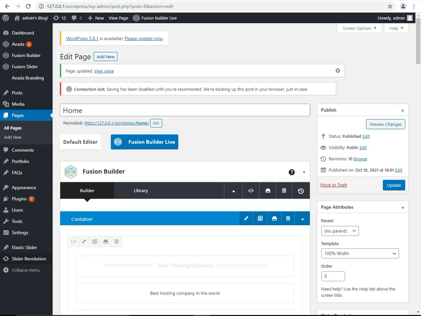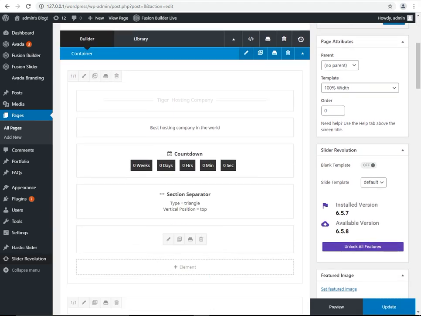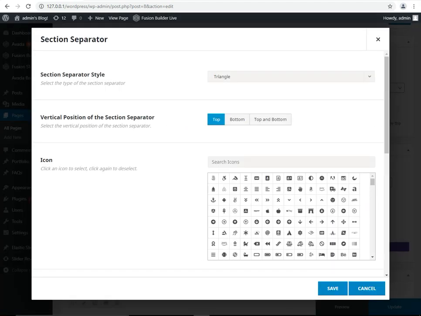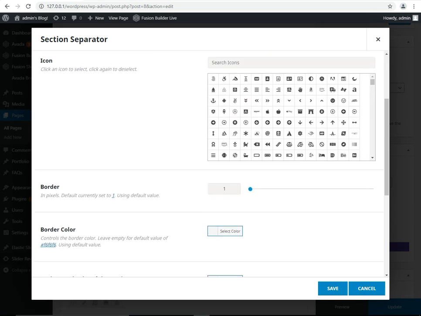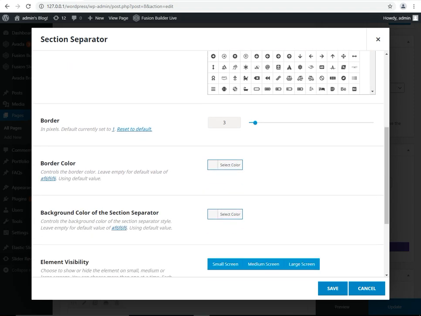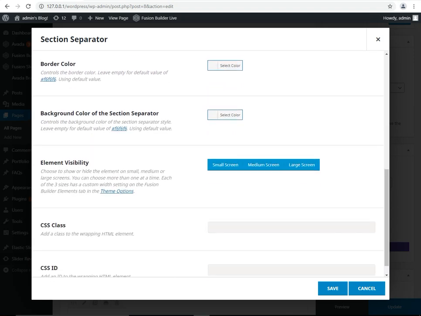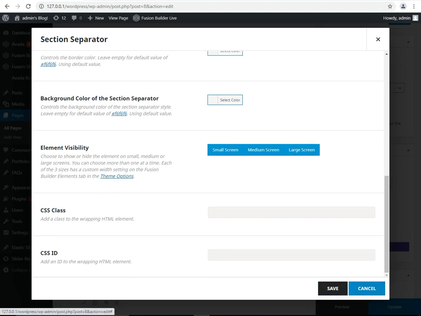Okay, wait please. We are working more on it. Edit. Top bottom. We are going to set top bottom this. Done. Border, we are going to add more border color white. Visibility, okay, save.